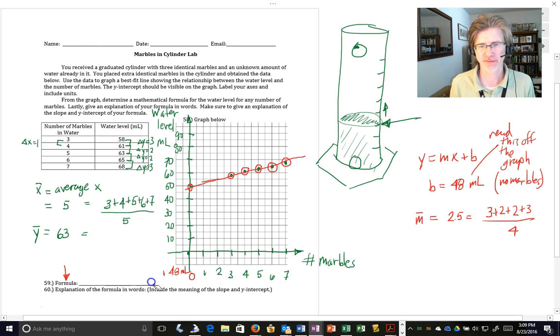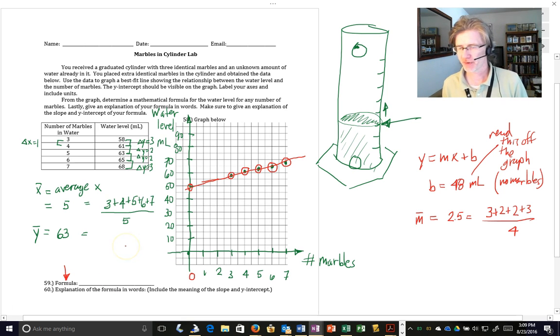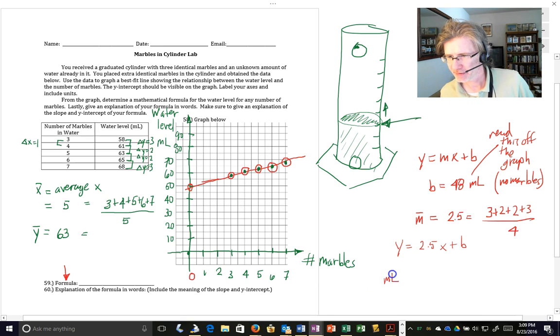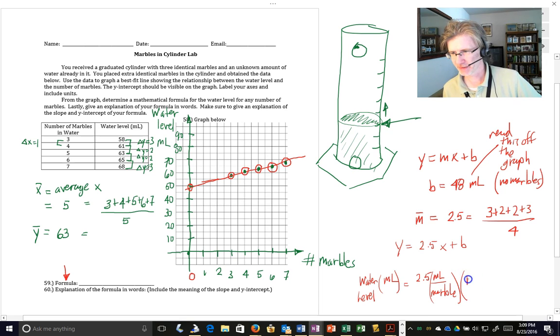Pardon me a second while I fix this. Here's what I meant to say. In pure symbols, y equals 2.5 times x plus b. But y is milliliters, water level. Water level in milliliters equals, I can put the units in parentheses, 2.5 milliliters per marble. And this is what I'd forgotten. Times the number of marbles